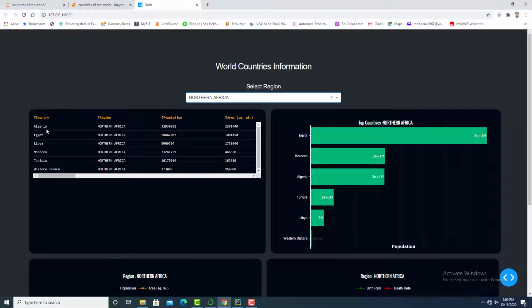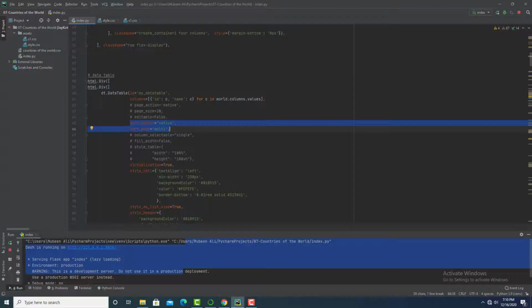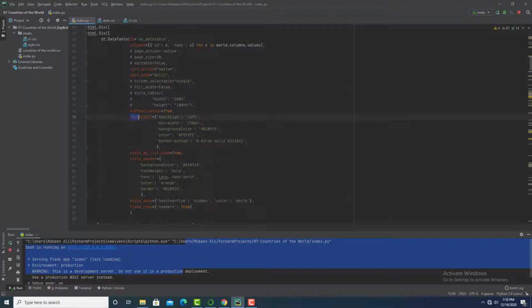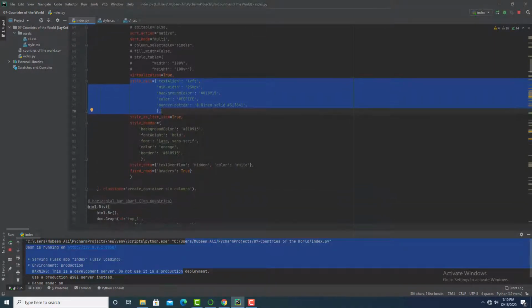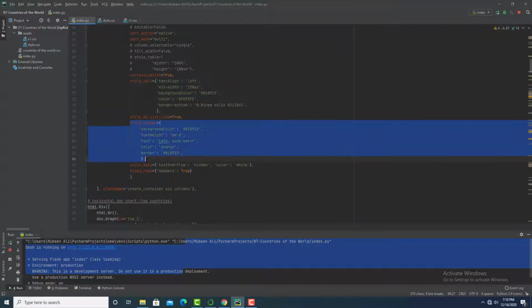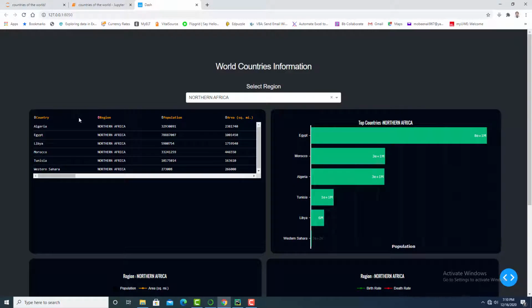We can view in the data table, so we can sort using these symbols. Then I have used style cell properties to format cells in the data table. Then I have used style header properties to format the header of this data table.